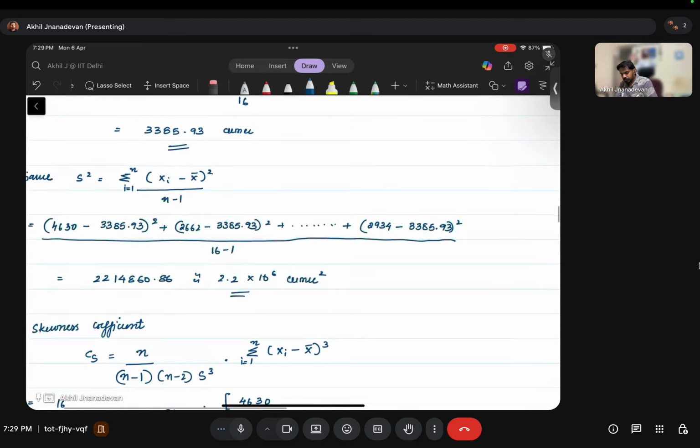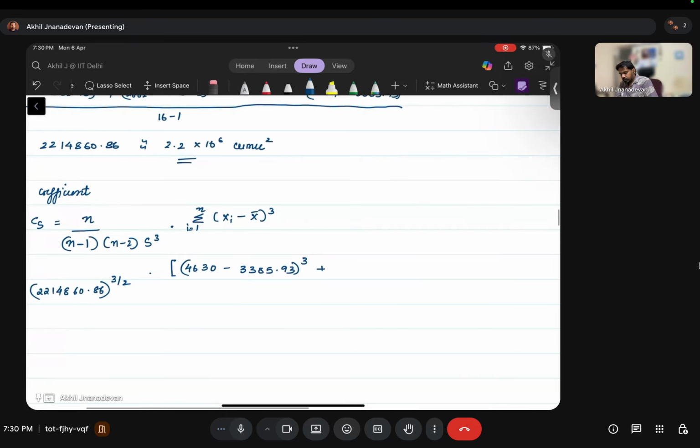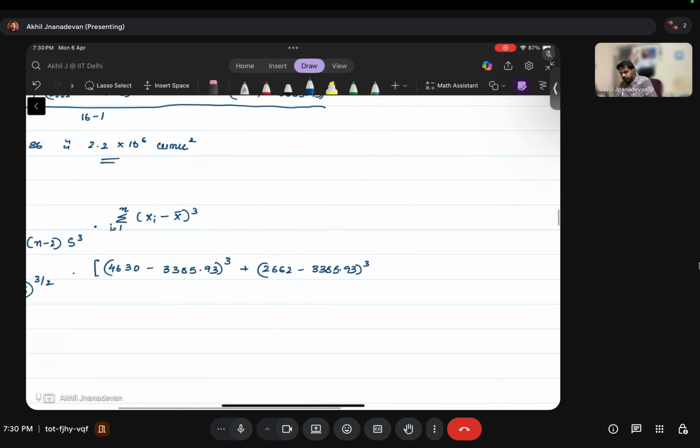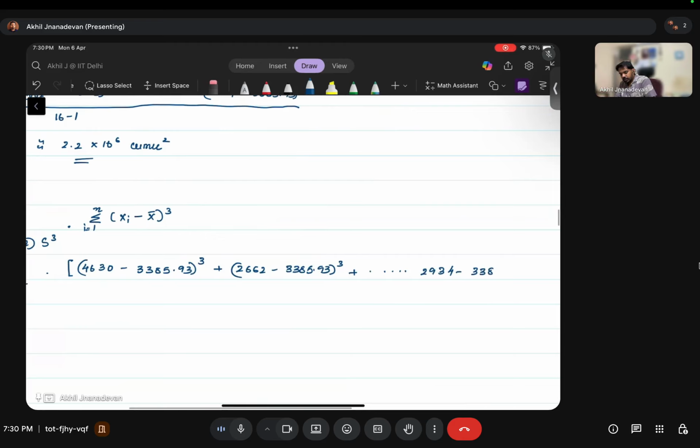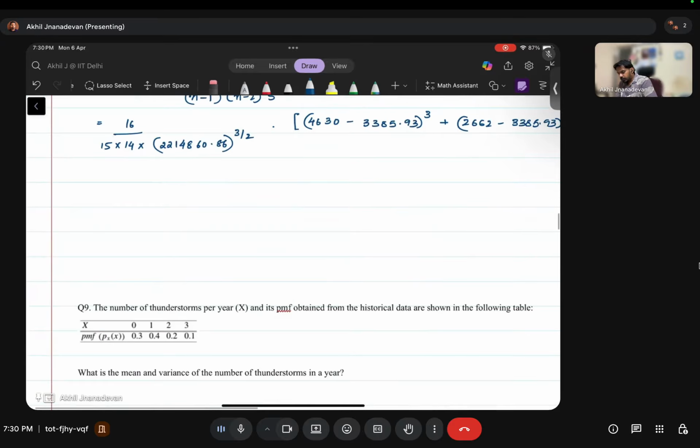that is 4630 minus 3385.93, it is about the mean, that is the third moment about the mean. The whole cube will be coming, then 2662 minus 3385.93 whole cube. So on up to the final term, 2934 minus the mean 3385.93, the whole cube. Right, so this is the denominator. So if you solve the entire thing, it will be coming at around